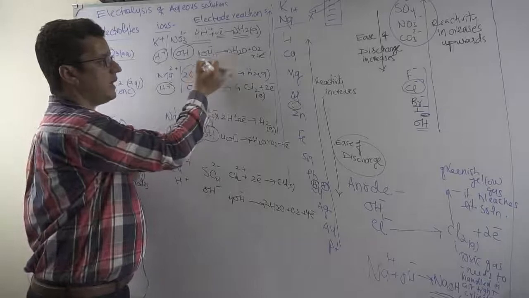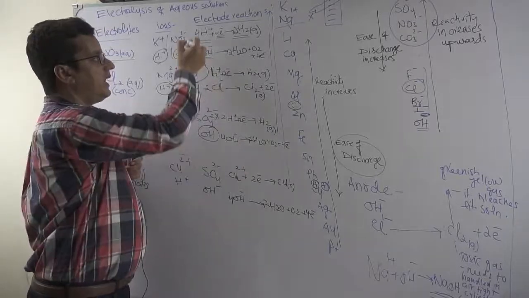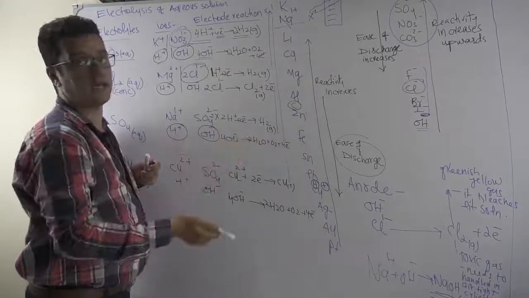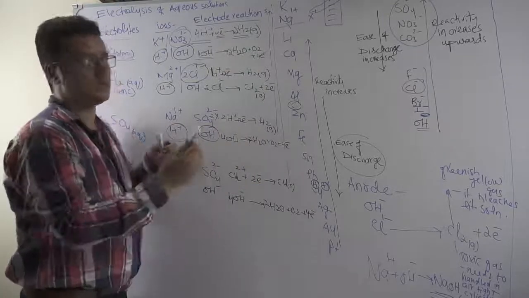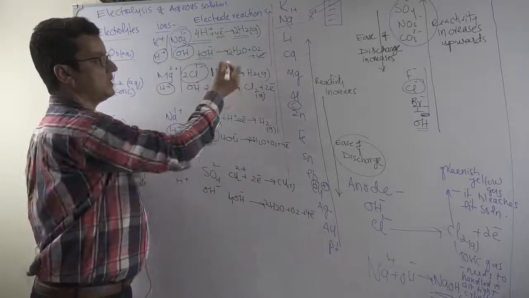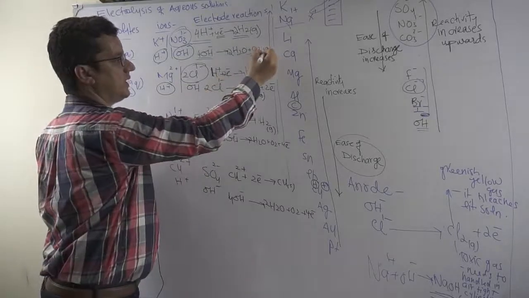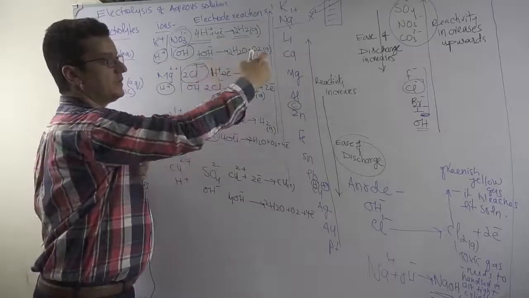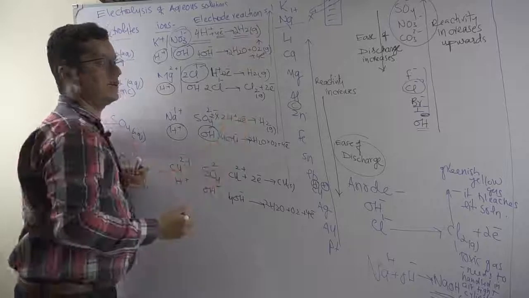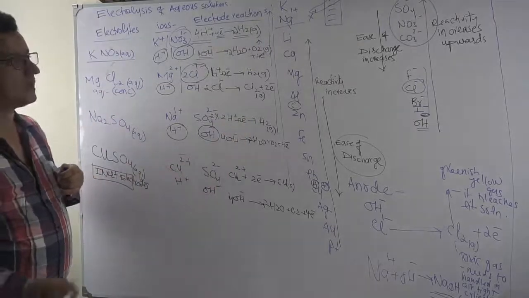And hydroxyl ion, on the other hand, is having a competition with nitrate ion. Nitrate ion is at the top of the series and nitrate ion never discharges, it has no discharge mechanism. So hydroxyl ion wins the competition and it goes off in the form of, hydroxyl ion goes off in the form of what? Oxygen gas. So oxygen is the product here, a colorless gas that relights the glowing splint.